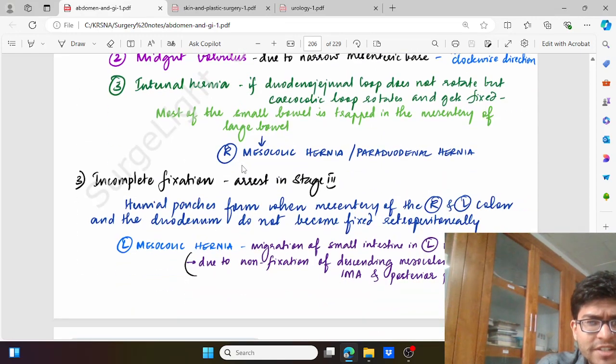Lastly, incomplete fixation, that is arrest in stage 3, if the hernial pouches form when the mesentery of the right and left colon and duodenum do not become fixed retroperitoneally. So after going inside, the intestines going inside in stage 3, if these do not fix, they can result in left mesocolic hernia, that is migration of the small intestine into the left upper quadrant due to non-fixation of the descending mesocolon